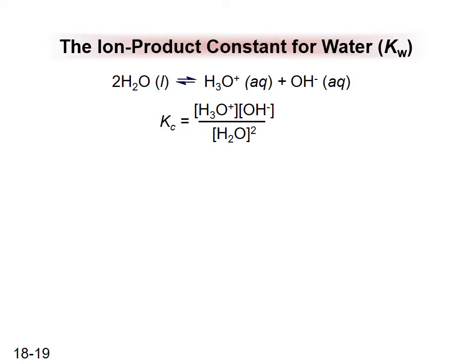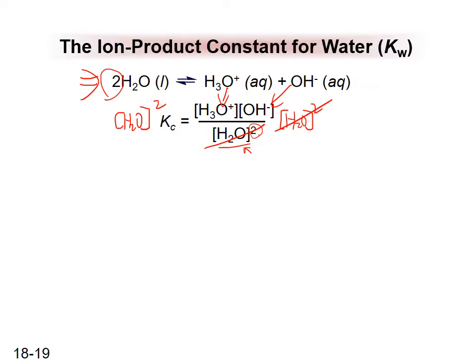This auto-ionization reaction has an extremely small equilibrium constant, which equals the product of hydronium ion and hydroxide ion divided by water concentration to the second power, because you have a coefficient 2 here. Now in this equation, water concentration is a constant. If we multiply by water concentration squared on both sides, the water concentrations cancel each other on the